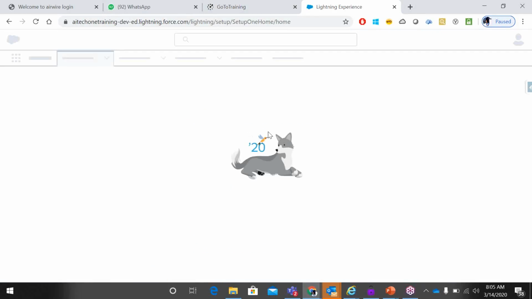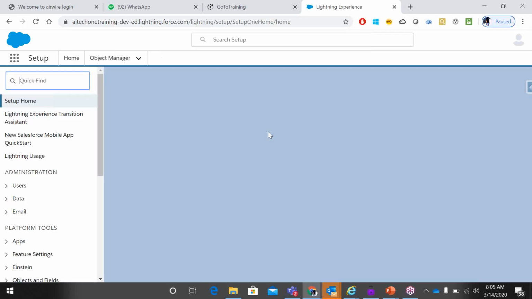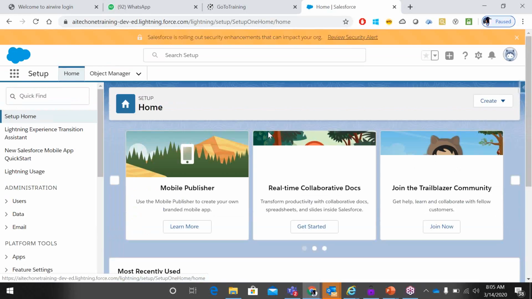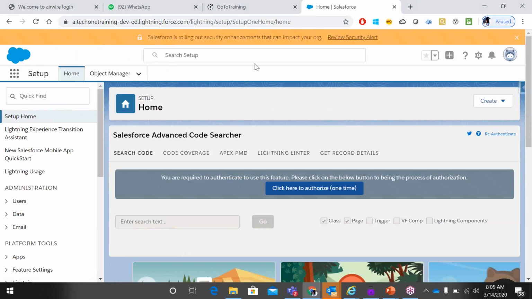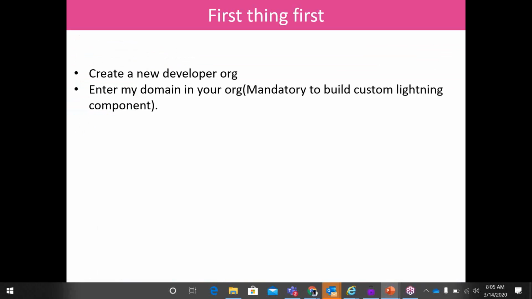So I'm in my developer org. I request all of you to please log into your org right now, because I want to make this session more interactive and more practical. We should always do the exercise along with the theory. So please open your developer org,